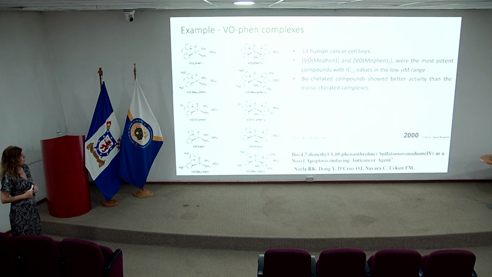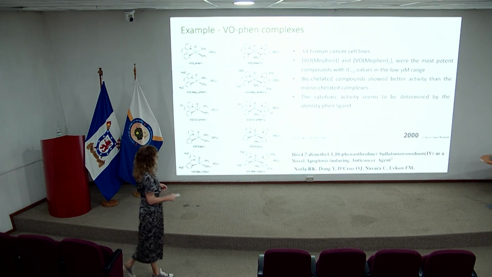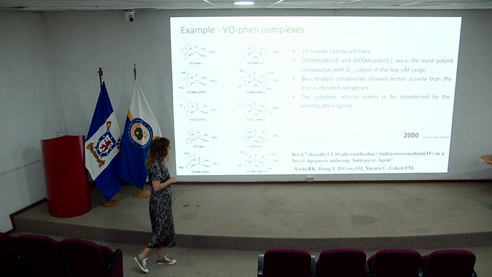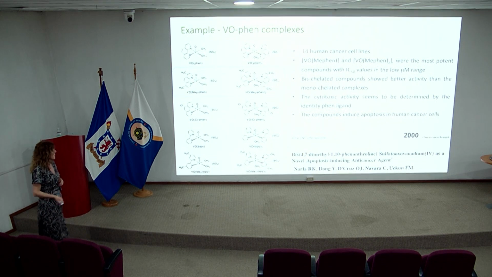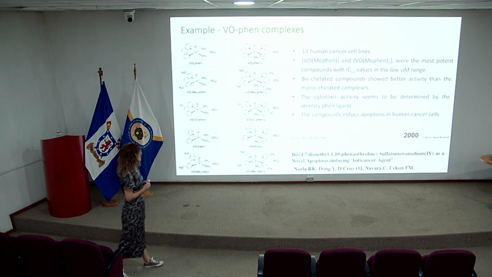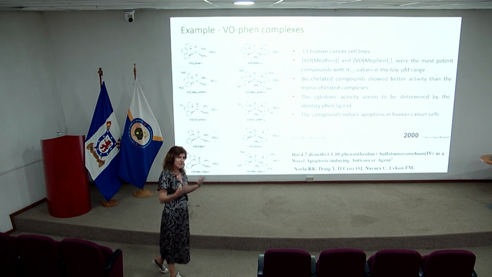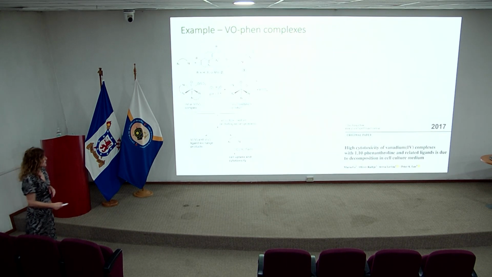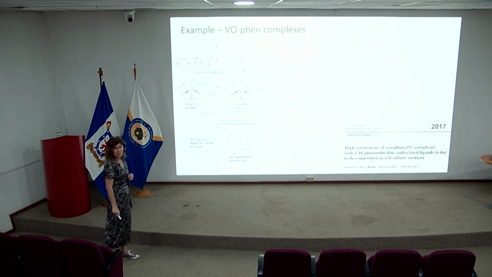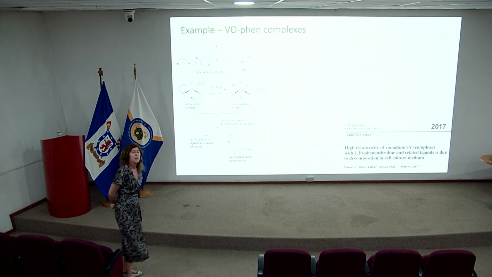The bischelated compounds showed better activity than the monochelated compounds, and the cytotoxic activity seems to be determined by the identity of the phenanthroline, with this one being the best one. And they could confirm that apoptosis was the mode of cell death for these compounds in human cancer cells. So typically when somebody discovers a nice new compound, other people also study it. And so a few years after, almost 20 years after, the group of Peter Lay in Australia decided to evaluate